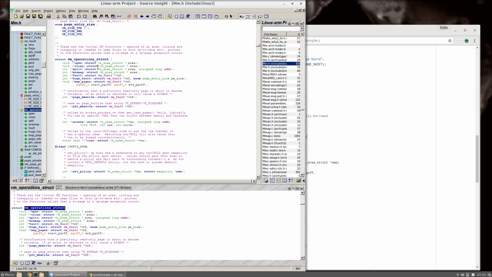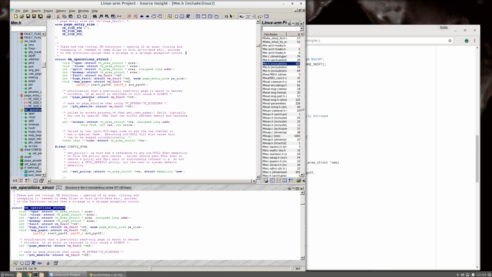Fair enough. So for each of these events, there is a function pointer, and those function pointers are called. There is one for open, close, split. I'm not sure what split is. There is remap, fault, huge fault, map pages,